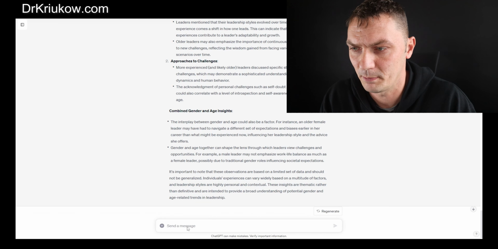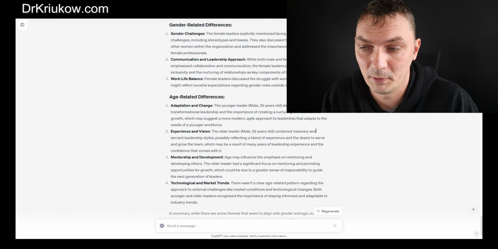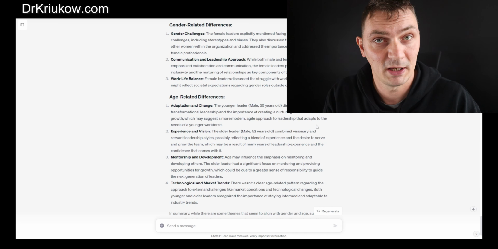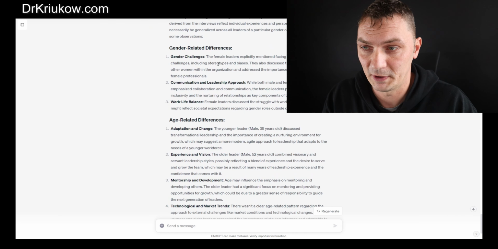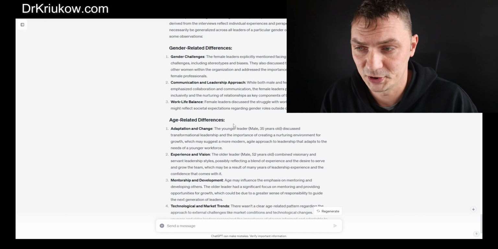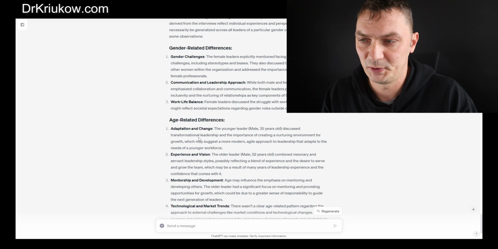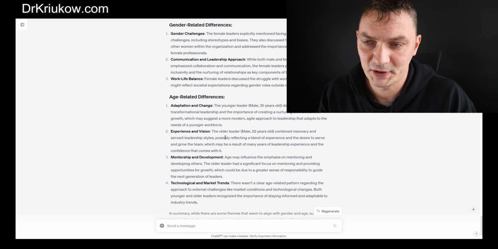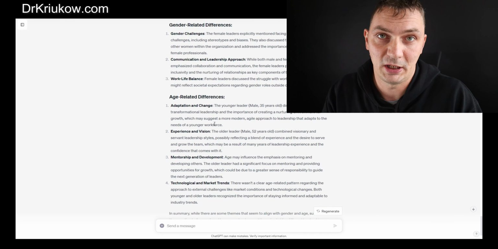So if you look here, for example, let me just quickly show you. This is what it did just a few minutes ago. Same data and the same prompt, and this is how it reflected on these differences. So I like this one more, for example, than the one that we just saw. It was a little bit more specific about the comparisons between gender and age. So you can just ask it to do it again and again and again. It will just keep doing these things.